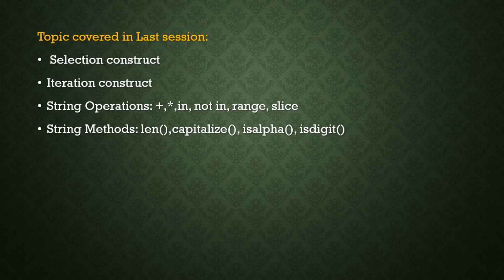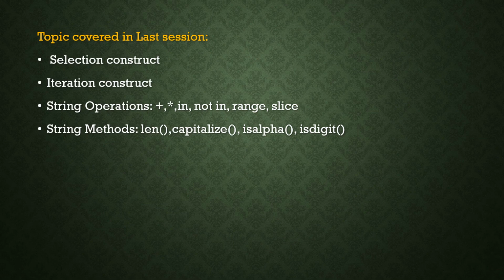In a for statement, all those things should be included within a single statement. And then the while statement: before executing the while statement, the variable should be initialized. Along with the while statement we have to put some condition, and inside the while statement an increment or decrement statement should be included. Okay, these are about the iteration construct.